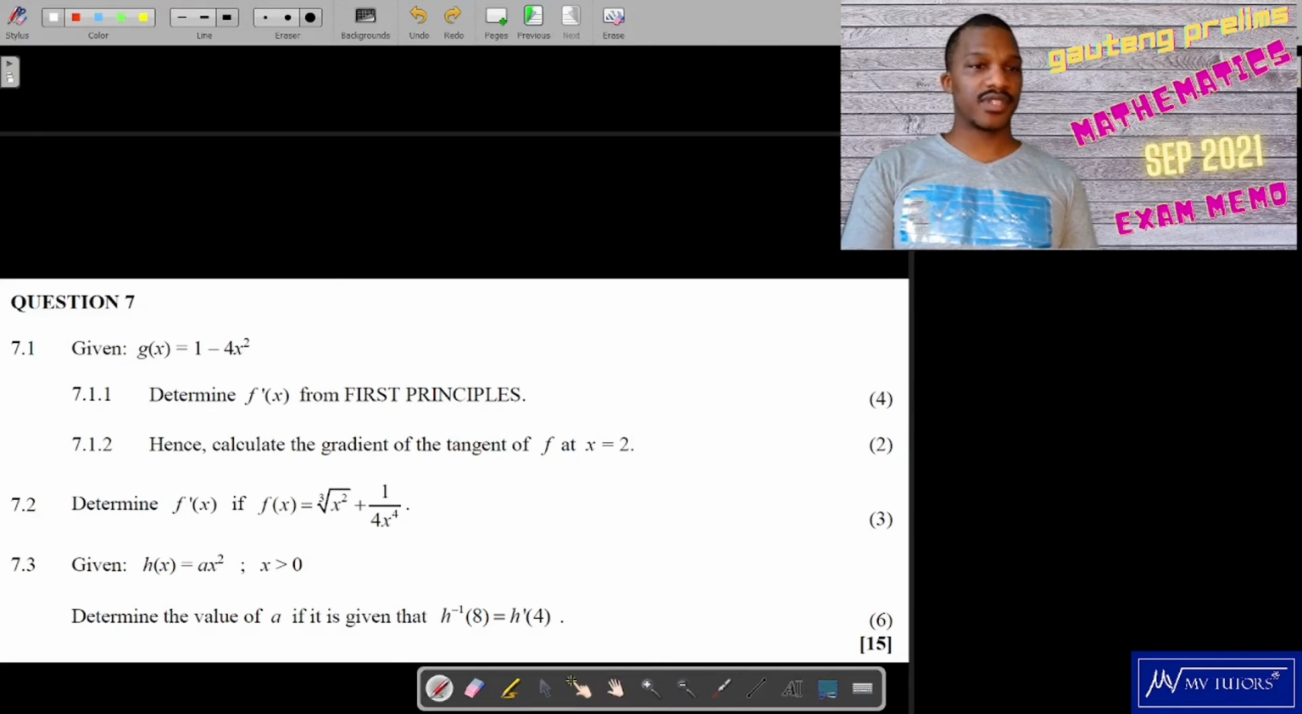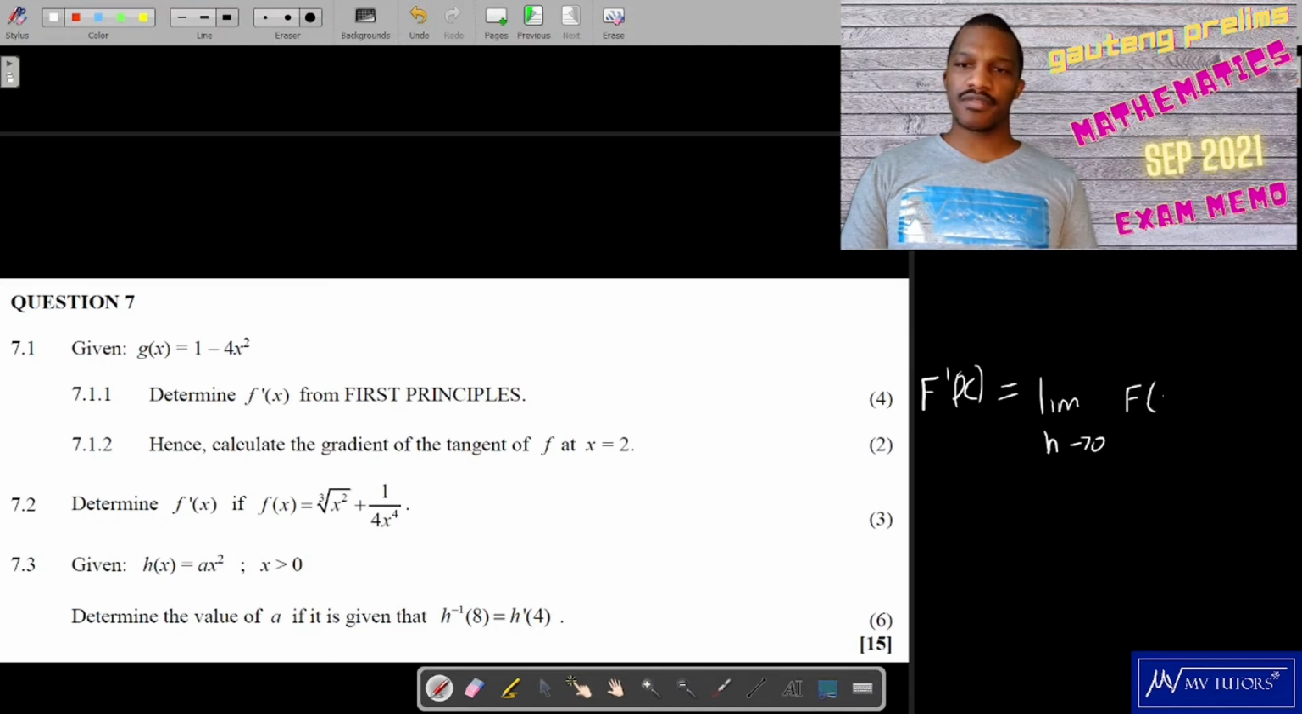So question 7 says, given that g of x is that, determine f prime of x from first principles. Okay, so first of all, we need to know what first principles is. It's this idea that f prime of x would be given by the limit as h tends to 0 of